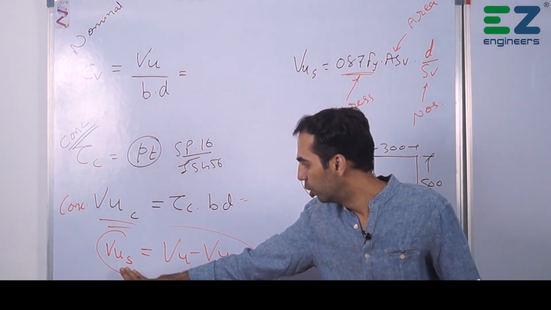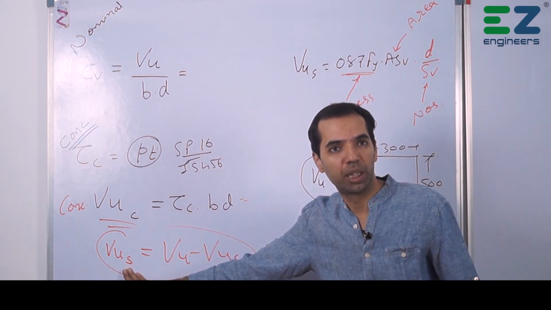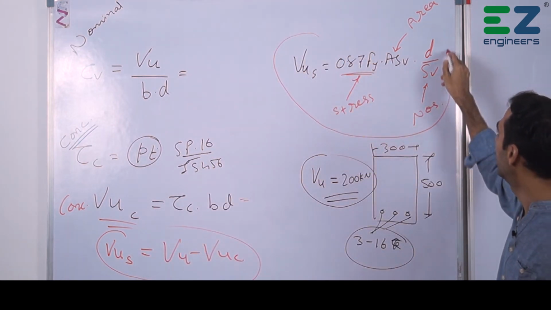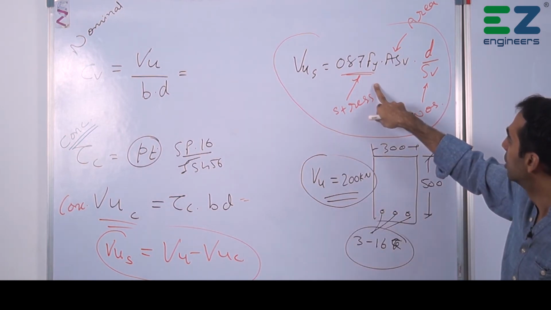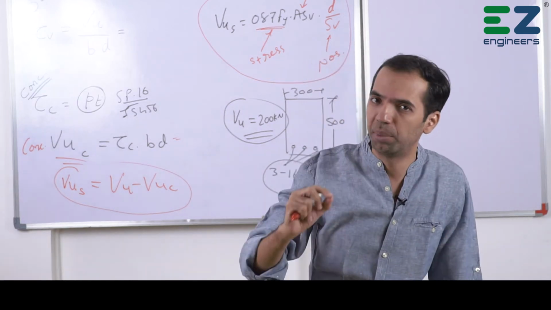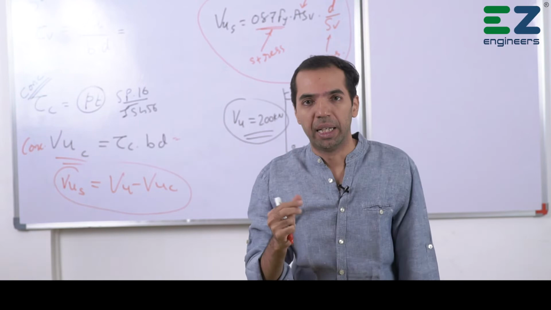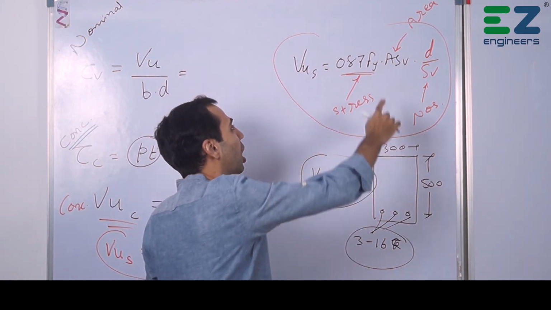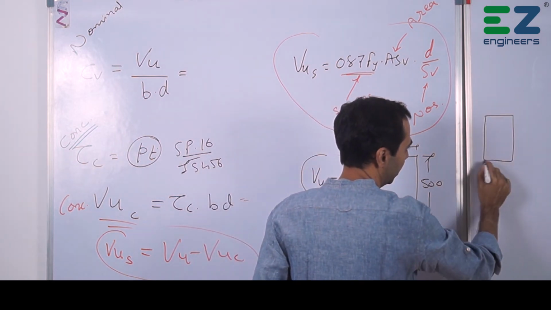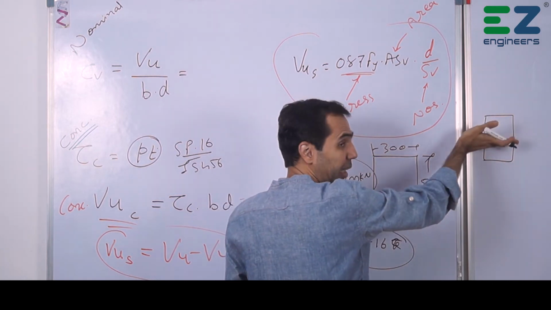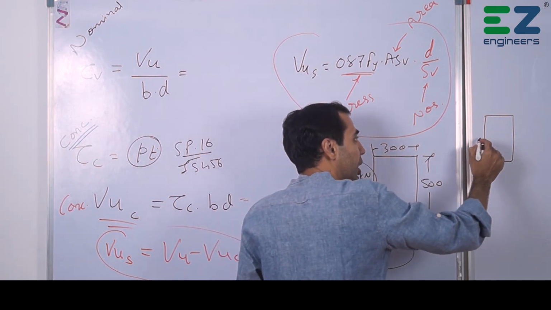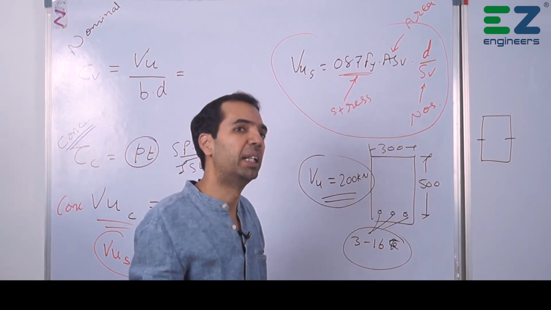Now we have got the shear force to be taken by stirrups. Now we will use this formula which we derived just now. Here, for area of the stirrups, we will assume some diameter of the stirrups. Okay, 8 mm diameter say. Now how I will find the area of the stirrups? Friends, when this is a stirrup, when we are cutting this, there will be a diagonal crack, as discussed. So these legs will be resisting the diagonal crack.